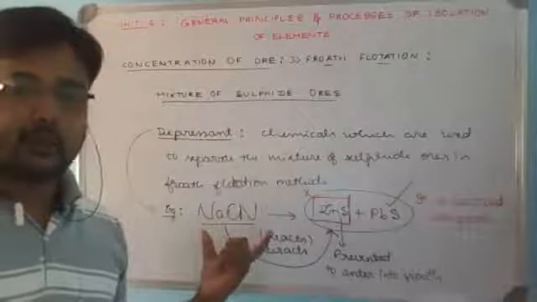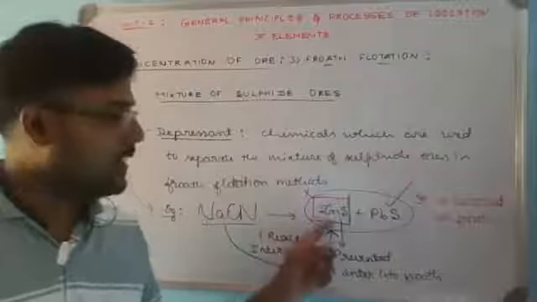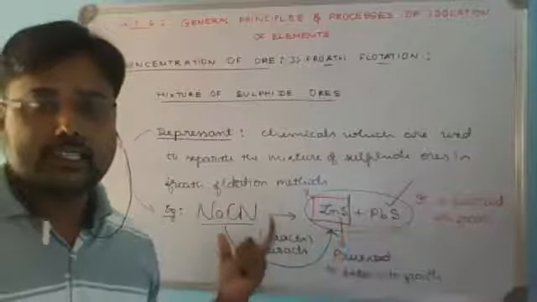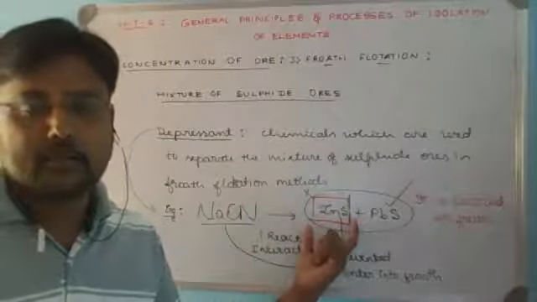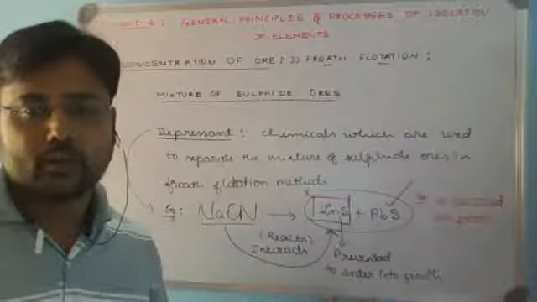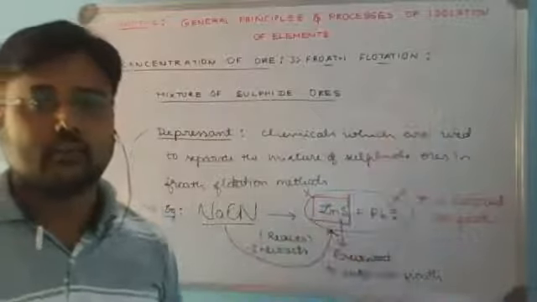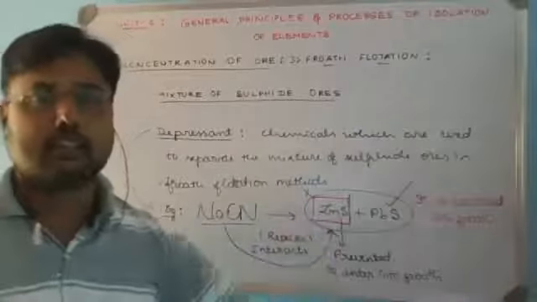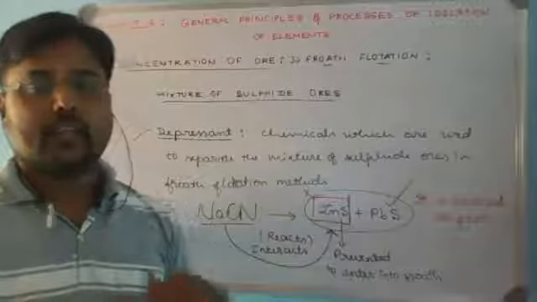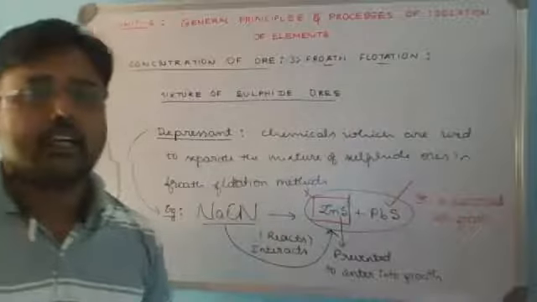Now NaCN's role is that it combines with one of the sulfide ores and prevents its entry into the froth. In this example of zinc sulfide and lead sulfide, NaCN chemically combines with zinc sulfide. As a result of their reaction, ZnS is prevented from entering the froth. Whereas PbS does not react with NaCN, so it enters the froth. Thereby the mixture is separated by using the froth flotation technique. That is, along with concentration, the method can be used to separate a mixture of sulfide ores. This is the significance of the addition of depressant.